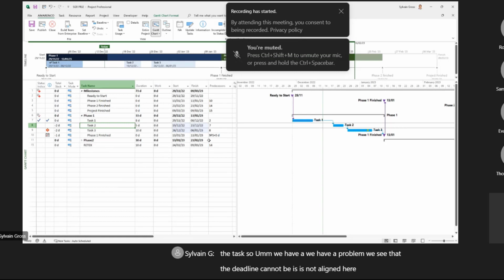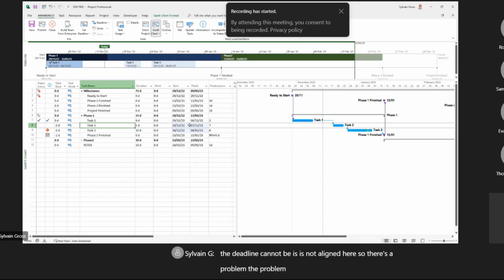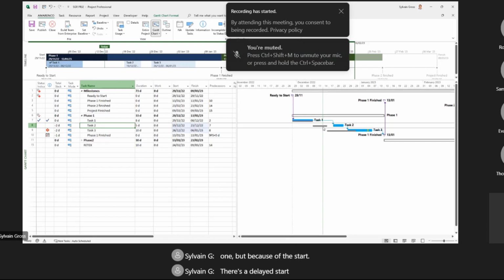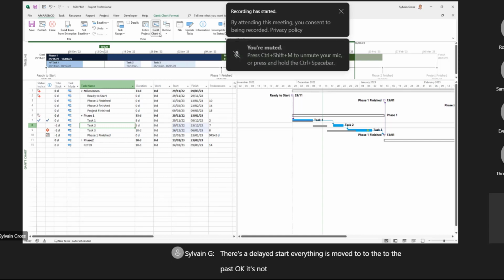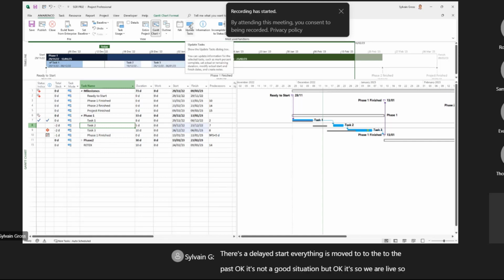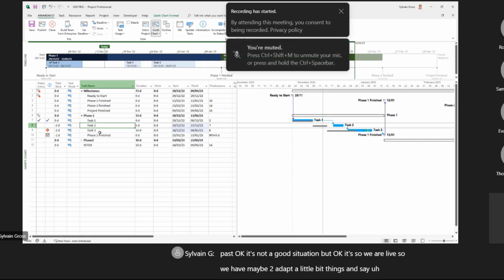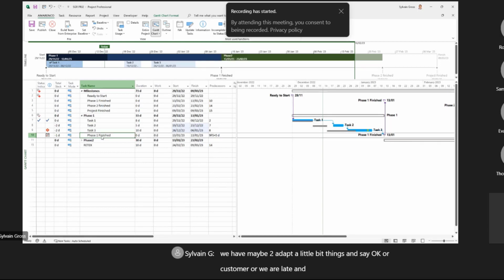So the problem starts at the same time as the planning, as a task, and so we see that the task moved a little bit, and if we display here the baseline in comparison, you see that normally it should be the gray one, but because of the delayed start, everything is moved to the past. Okay, it's not a good situation, but okay, it's real life, so we have maybe to adapt things a little bit and say, okay, customer, we are late and we have to change